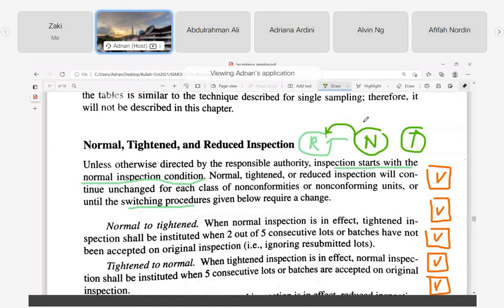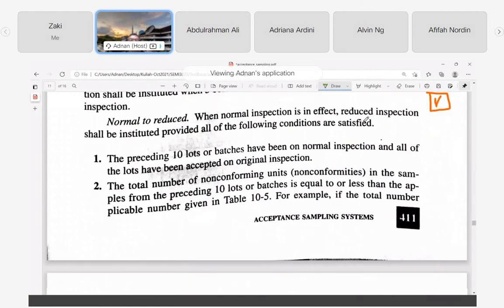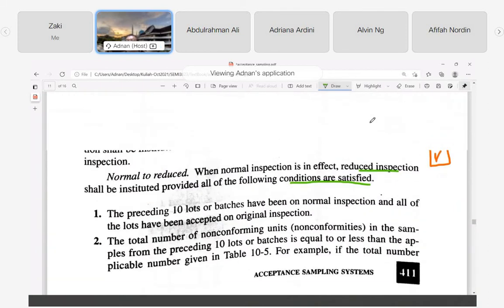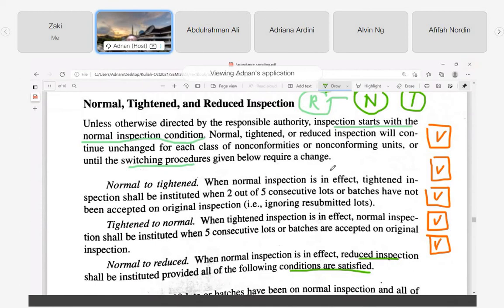Ada kawalan ketat, ada kawalan longgar. Sekarang semakin longgar lah. So in what situation? It's also based on numbers, kan? Number of cases. Less number of cases, you can have reduced control. Okay. So for the reduced control, these are the situations for reduced inspection. All the following conditions are satisfied. So in fact, some of this concept is being implemented dalam kontrol COVID, kita ada kawalan ketat, kawalan yang apa, macam-macam